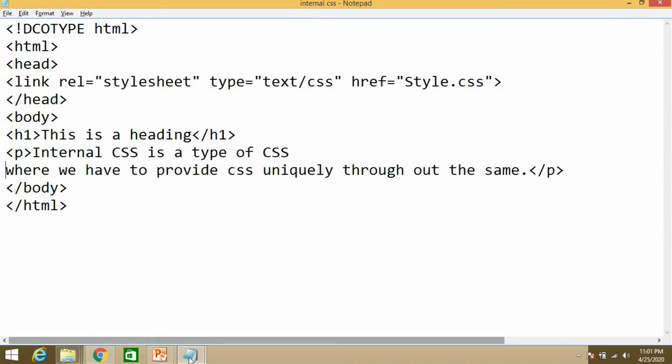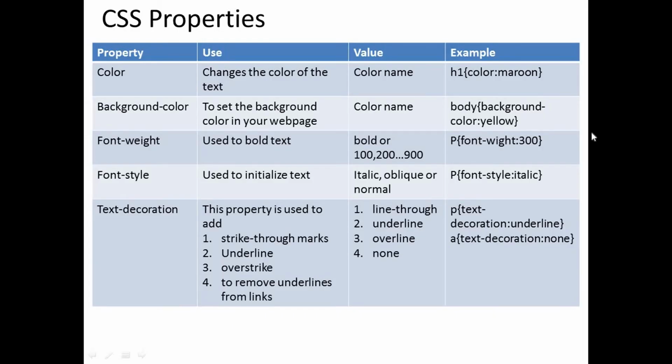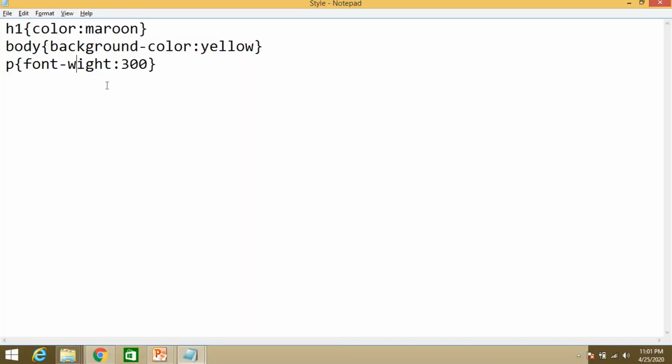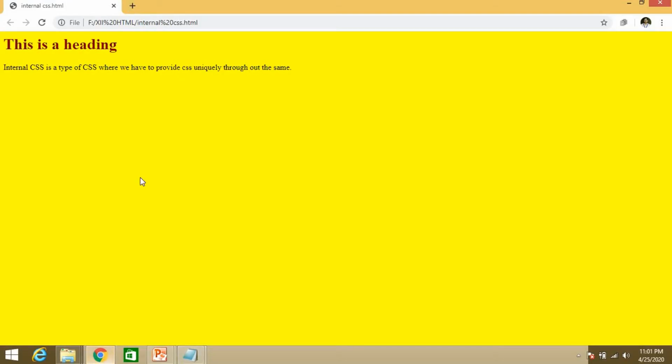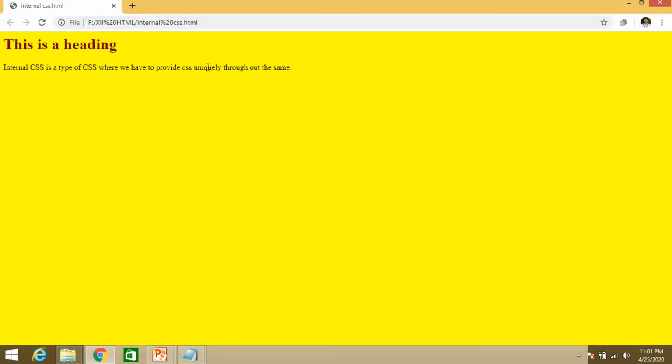Okay, font weight 300. So it is correct, and yet it is not showing any effect. Font weight 300. The spelling may be wrong, because then it's not going to produce the output. Okay, font weight, it is not showing any effect over here.